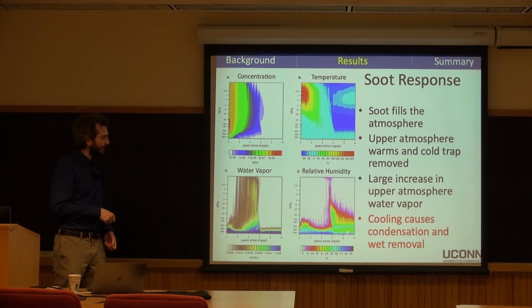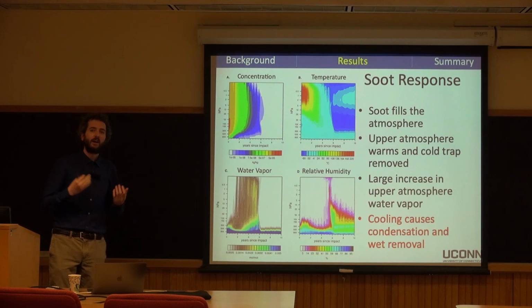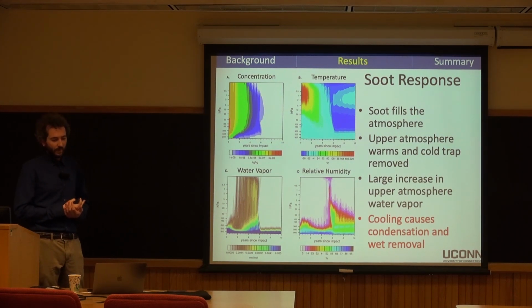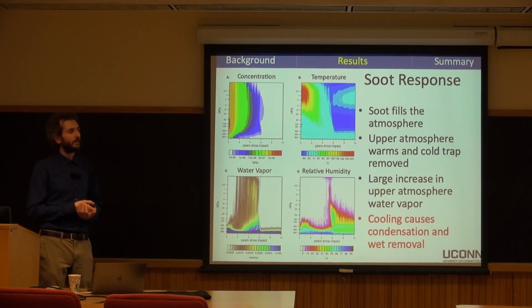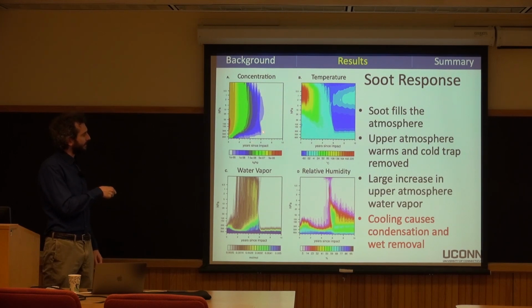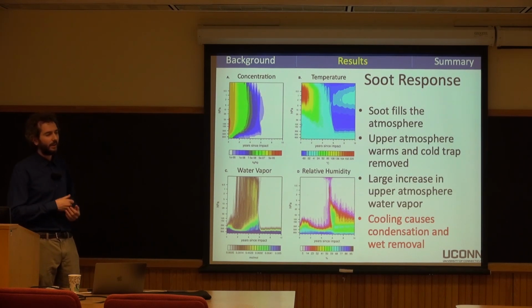And so here I'm showing relative humidity through time. Right at around year 6, you get this hydration event, and the water vapor condenses, and in doing so it condenses onto these soot particles and actually rains out the majority of the remaining soot quickly from the atmosphere. And so this is what's occurring here, this wet deposition of the soot due to the condensation of the water vapor.